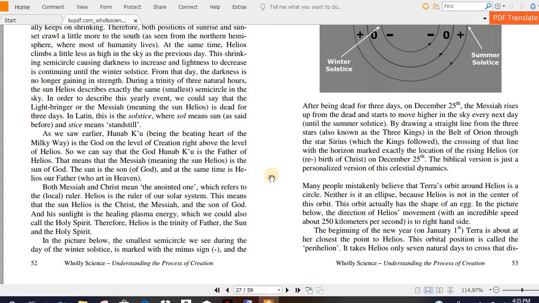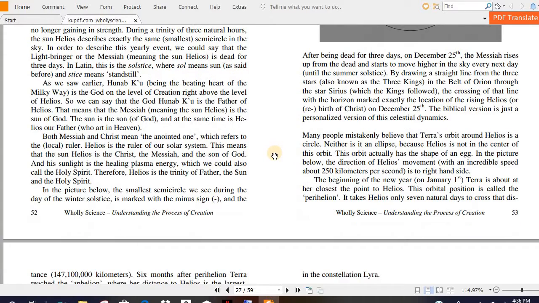By drawing a straight line from 3 stars, also known as the Three Kings, in the belt of Orion, through the star Sirius, which the kings followed in the Bible. The star of Bethlehem is the star Sirius, which the 3 wise men, the 3 kings, followed. The crossing of that line with the horizon marked exactly the location of the rising Helios, or rebirth of Christ, on December 25th. The biblical version is just a personalized version of the celestial dynamics, or celestial,